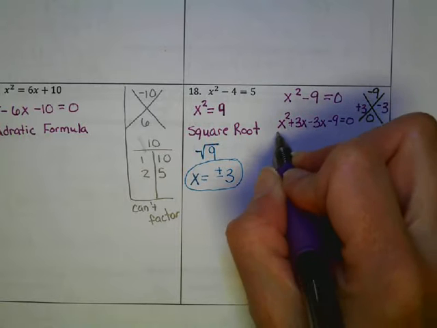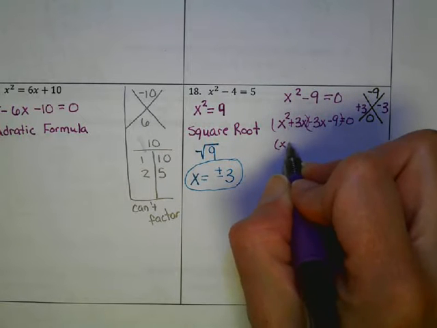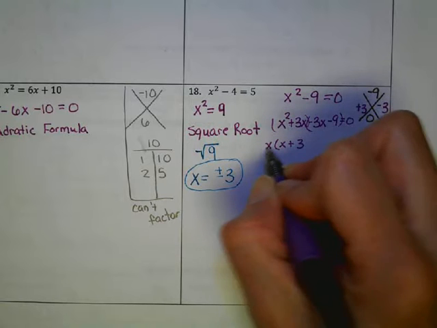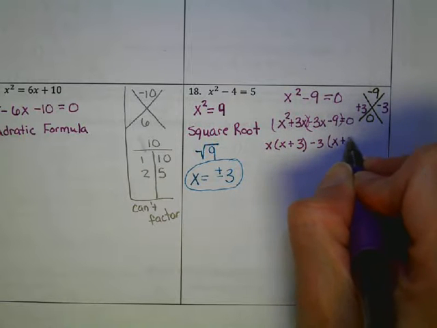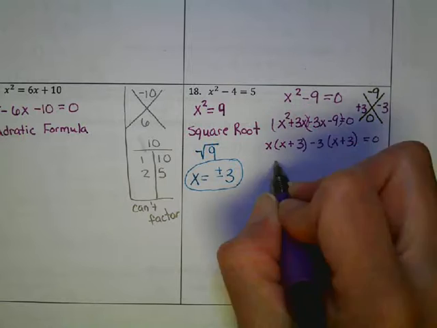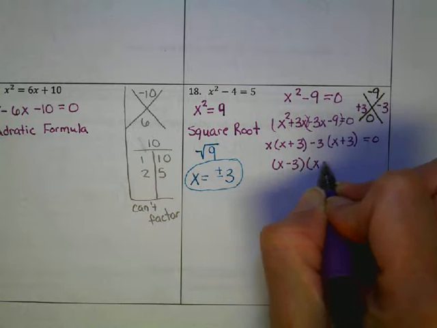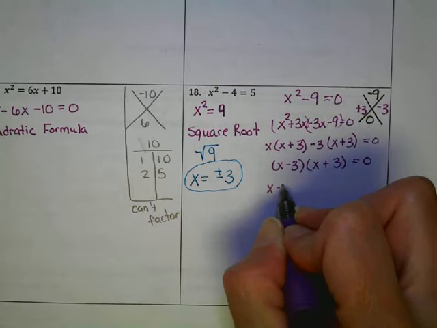So you can group the first two, group the second two. Take out their GCF. And then when you set each one equal to 0,